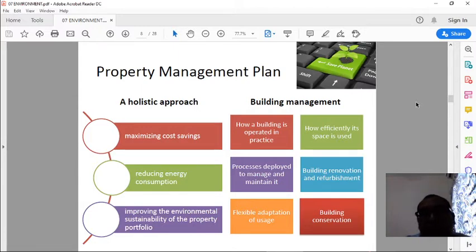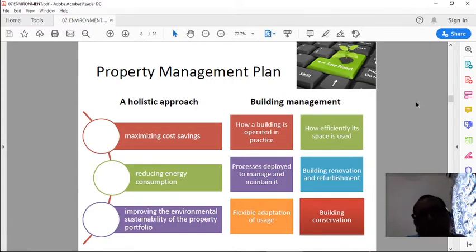Like what is happening right now in Malaysia, we have these UNESCO heritage sites in Georgetown or even Malacca. In Georgetown and Malacca, if you want to conduct a renovation or refurbishment or demolition or whatever, you must have the consent from the UNESCO heritage department, so that they try to conserve this heritage building, not only based on the design of the buildings, but these older buildings don't have to be redeveloped.